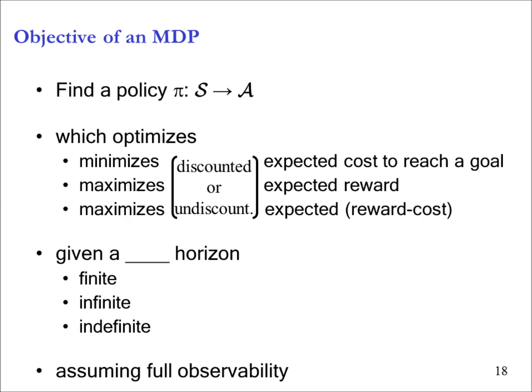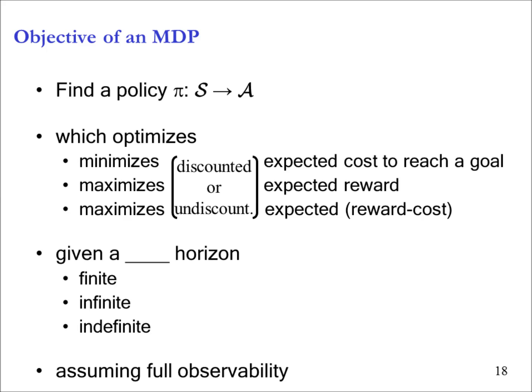Now, the other parameter here is how much time do I have? How many actions can I do? If I can only do say 10 actions or 20 actions, and then I have to stop, that's called a finite horizon. If on the other hand, I can go on forever and keep getting more and more money, then that's called infinite horizon. And the middle point is called indefinite horizon, which says you can go on forever, but you stop when you reach the goal. So here, reaching the goal marks a stop in the process, so it's not infinite, but there is no bound on it, so therefore it is indefinite.